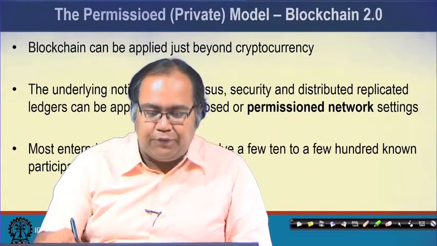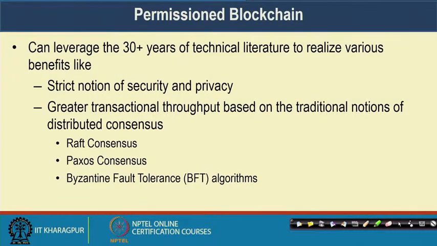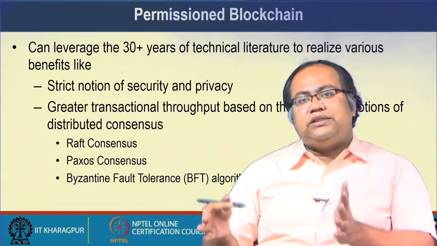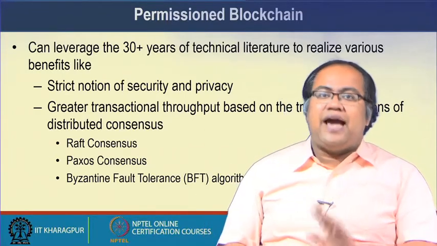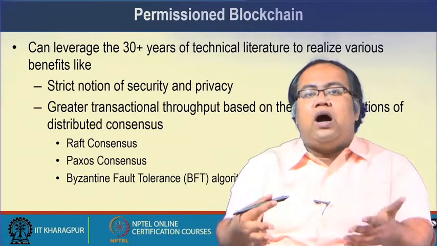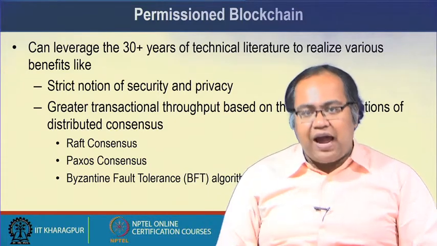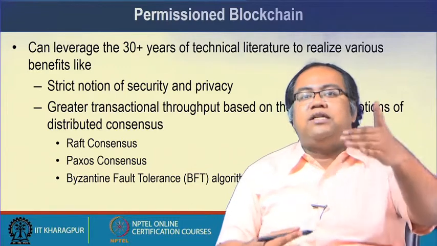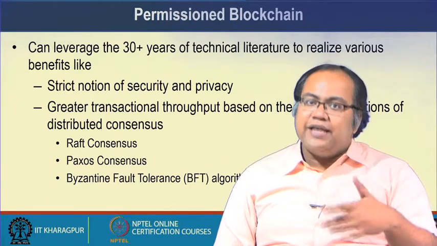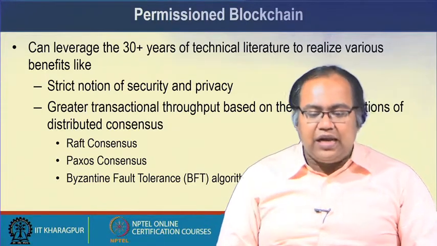of blockchain version 2. Now, in permission blockchain, the interesting fact is that the users are known a priori because your environment is closed. When your environment is closed, you may not require a consensus algorithm based on challenge response, which has its own disadvantages, like it takes a significant amount of time to commit a block in the existing blockchain, because the consensus takes a significant amount of time and you have a restriction on the size of the block. So, in case of permission blockchain, you can leverage the existing distributed system consensus algorithms which were developed